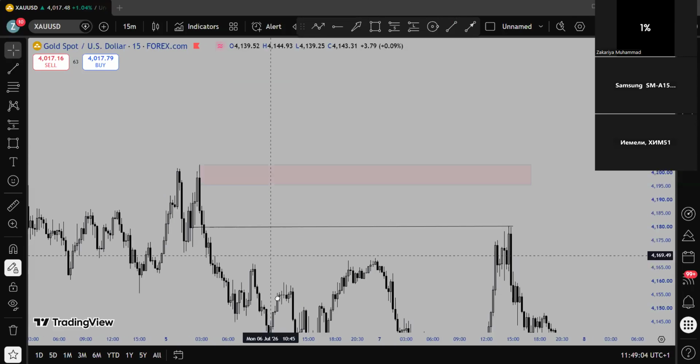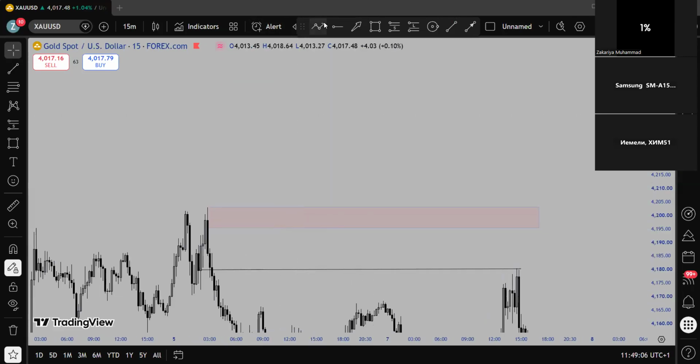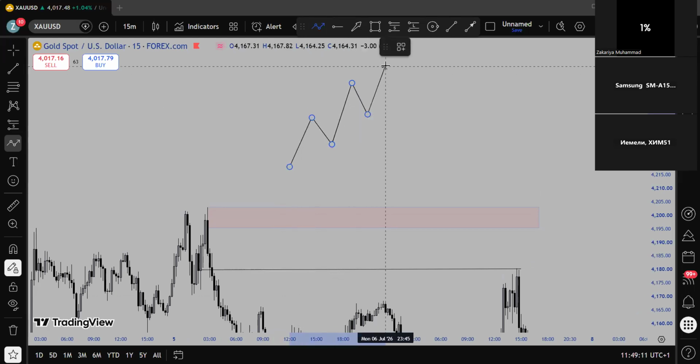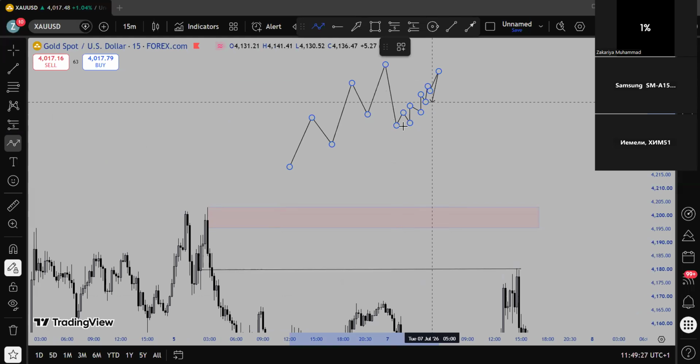What I mean by that, if I have a structural shift in the higher time frame, something like this, but in the lower time frame the market is bullish, that does not mean it's going to maintain this bullish structure, because the higher time frame already told me, okay, the market is bearish. So I'm not going to believe in all these lower time frame structures because the higher time frame is telling me otherwise. If the higher time frame is telling me something, I cannot just stick to the lower time frame.